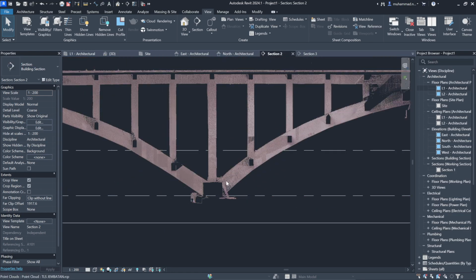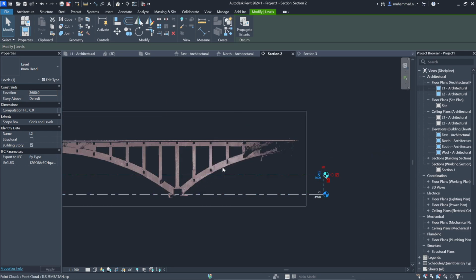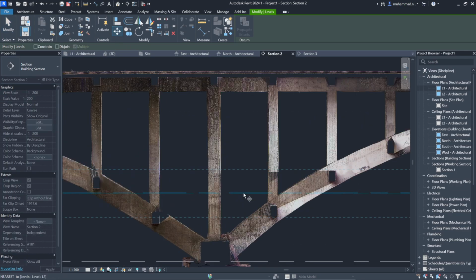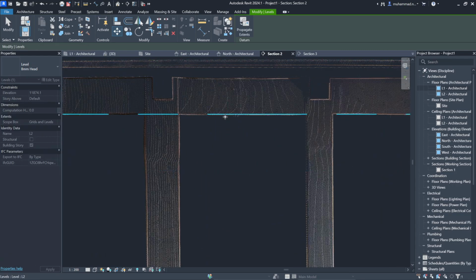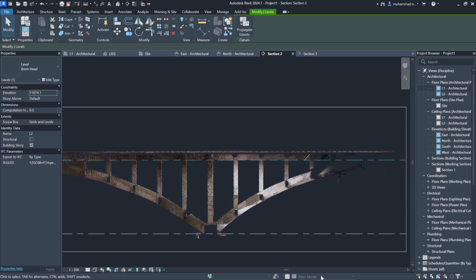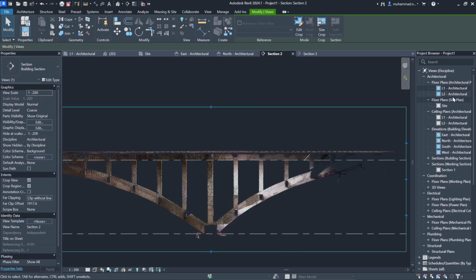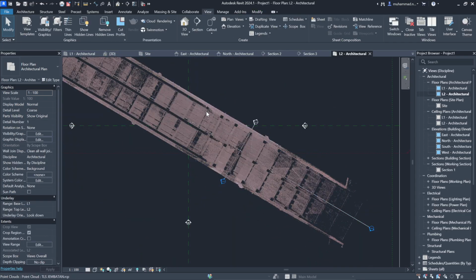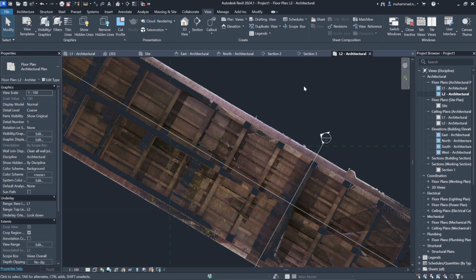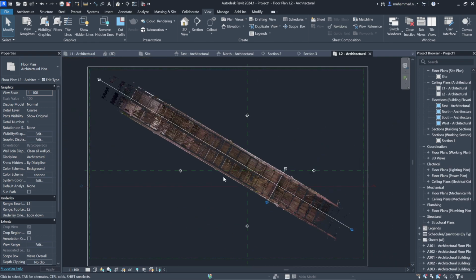I will put that right in the ceiling of the switch. So right here. Now, as you can see, if we open up this L2 section, we can see the bottom profile or the ceiling plans from L1 to L2.